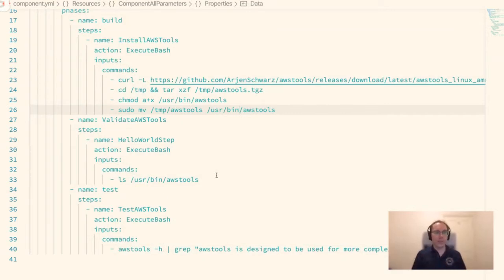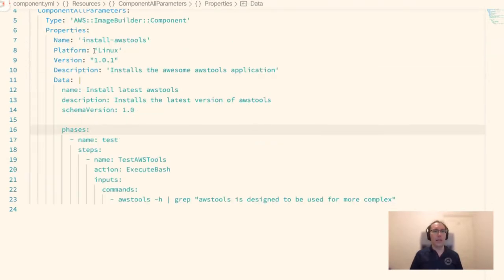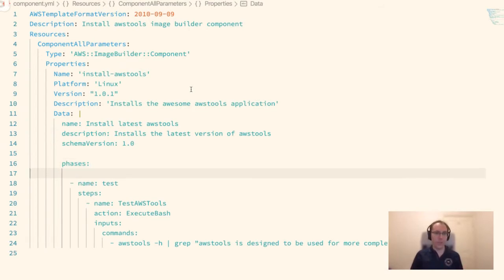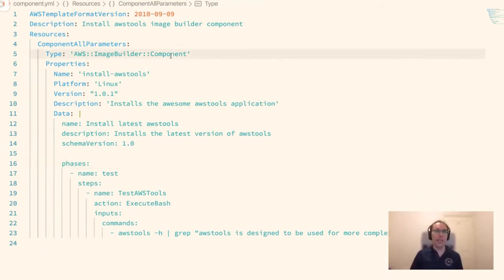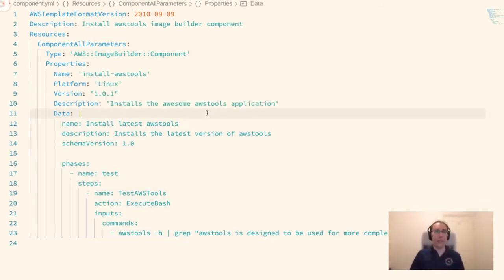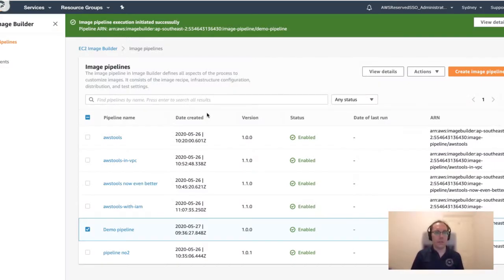Now, I also mentioned tests before. Basically, if you just want to run a test, all you need to do is limit the phases to a test instead of a full suite. I believe that it might have a different CloudFormation type, but I honestly don't remember right now. But that's in rough terms how it goes. It is pretty straightforward. Like I said,